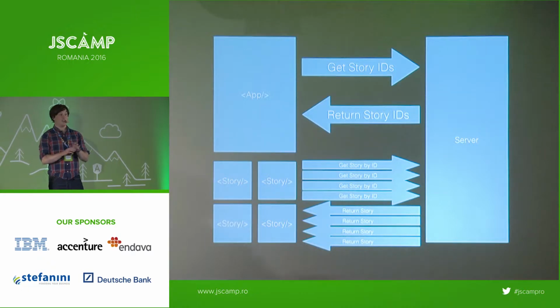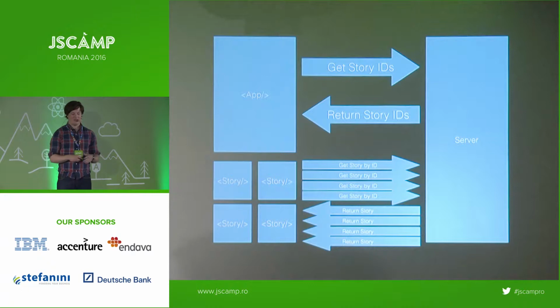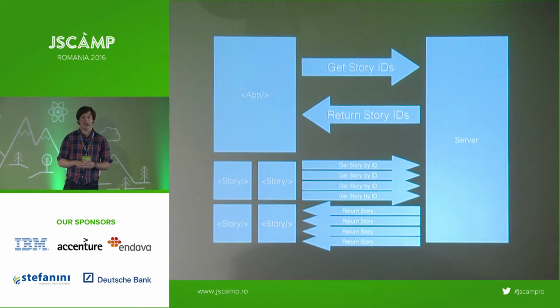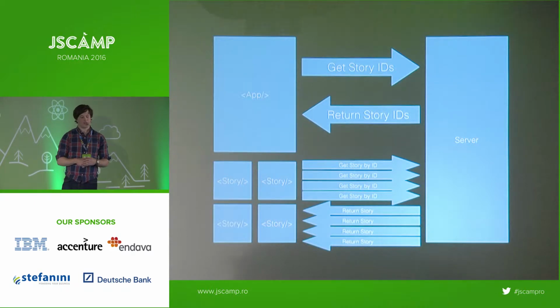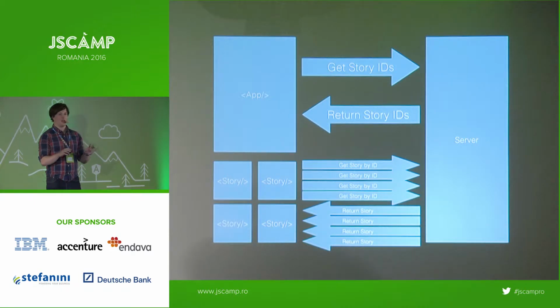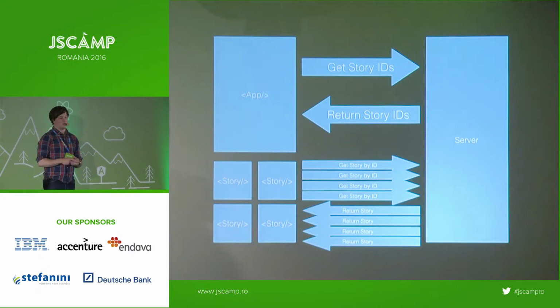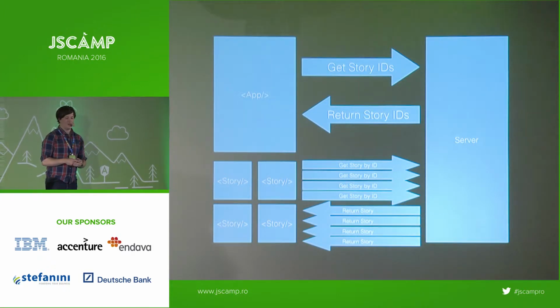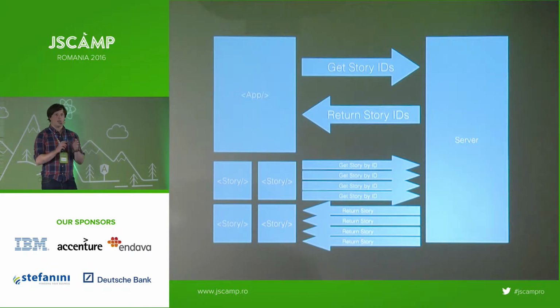Now, clearly, this is going to be terrible for performance. No one wants their app to be making n+1 requests in order to render n items. But I want you to bear with me on that. I promise we'll talk a little bit about the performance of this later and find some ways to perhaps lessen the impact of that. What I want to focus on for now is the fact that this is actually